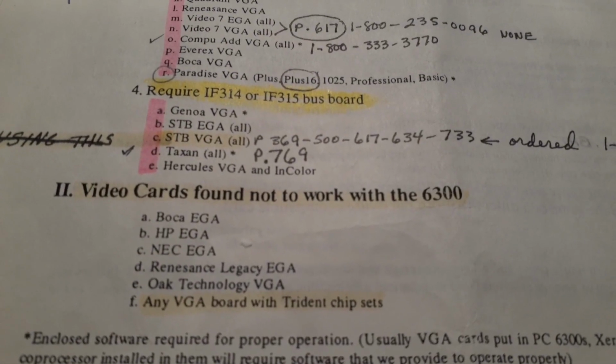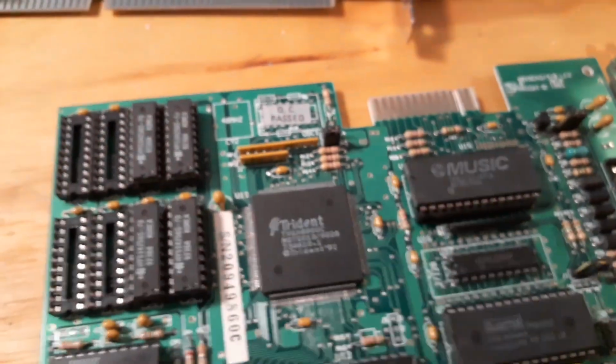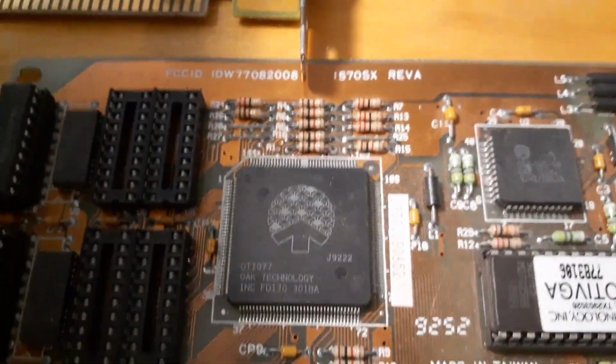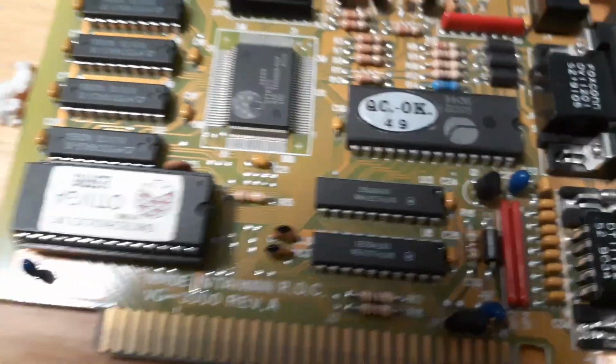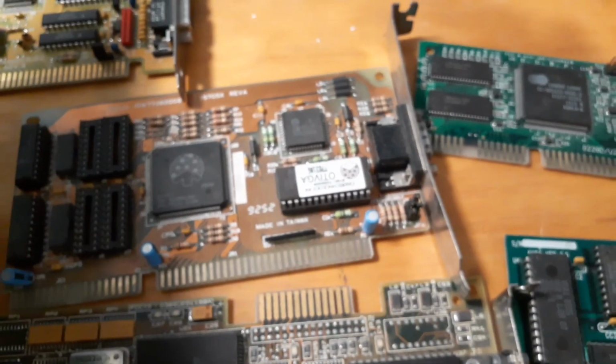Documentation, beautiful thing, beautiful thing. Video cards found not to work with the 6300: any VGA board with Trident chipsets. I guess not. And Oak Technology VGA. Is that anyone? Because there's an Oak there, and there's an Oak there. We can try it, obviously. I don't think it's going to hurt anything. But